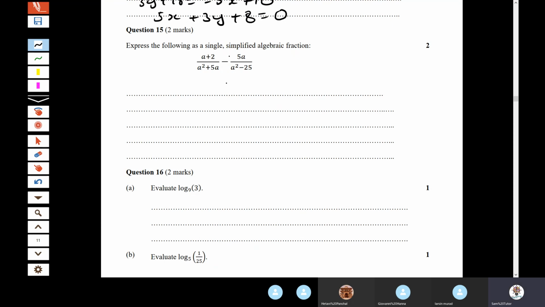Okay, so with algebraic fractions, it was all about the denominator. So a plus 2, factorize your denominator. And then once